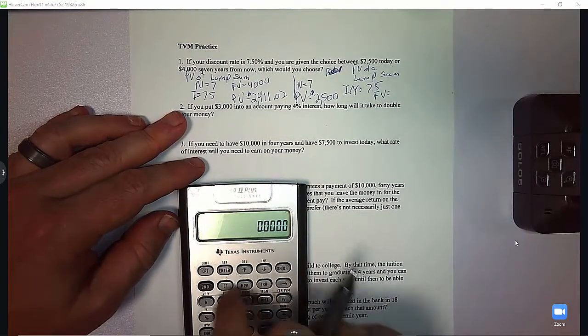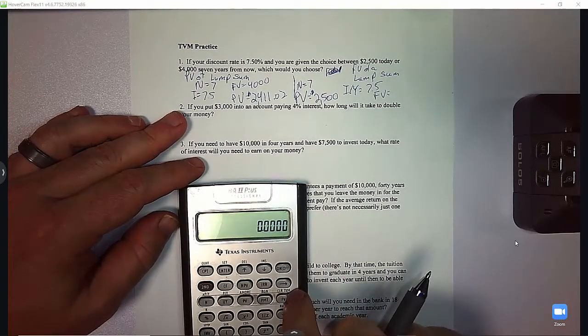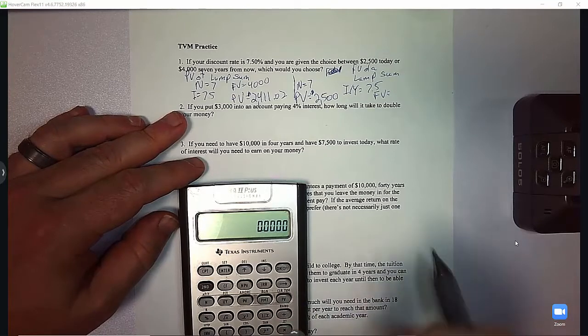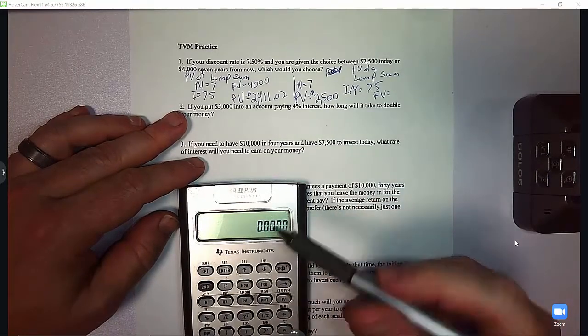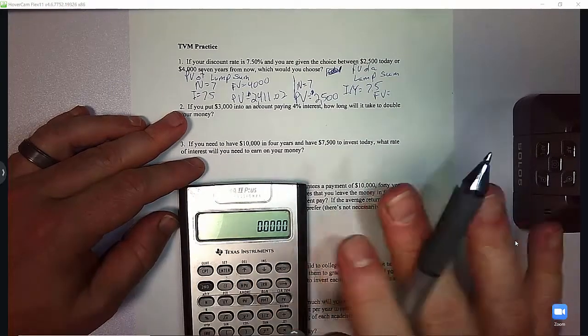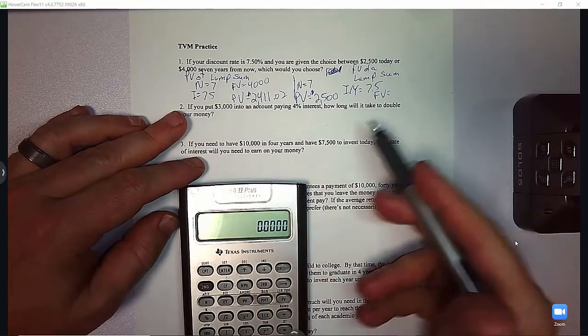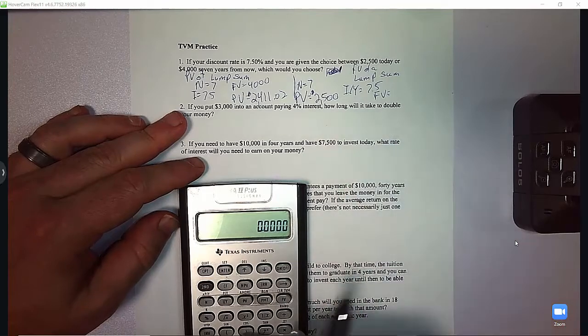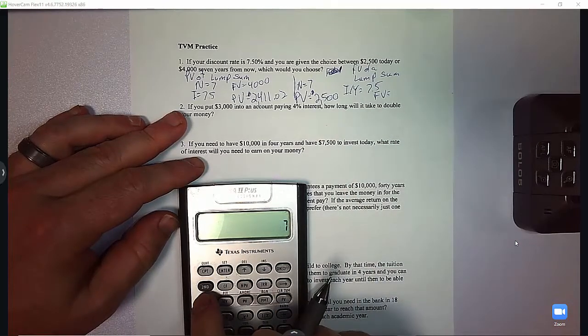So the first thing I'm going to do is press second and clear TVM. There's no BGN up here again, so it's not set up for an annuity due, and I've already reset the payments per year to 1, so I'm good there. Now I just need to input my variables. So I've got 7 for N,